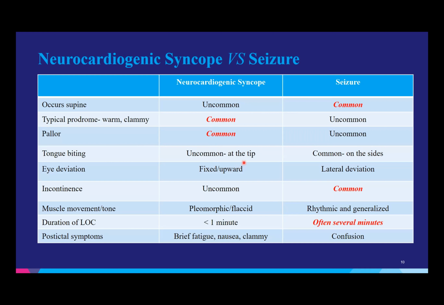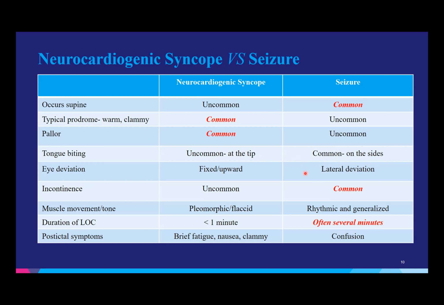This is a trick that one of the neurologists taught me. I've seen it a couple of times in practice that with seizures, you really bite the sides of your tongue. And with a vasovagal syncope, you can sometimes see tongue tip bites. So just because you have a tongue bite, it doesn't necessarily make it a seizure. Go one step beyond, get more history, examine the tongue.